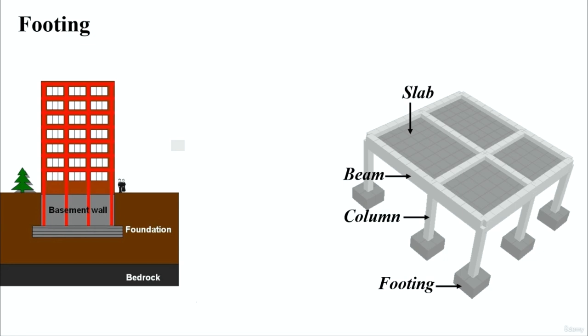Footing is a substructural member. The column transfers the complete superstructural load to the footing. This is the substructure and this is the superstructure. Above ground, whatever the structure is there, that is called superstructure, and below ground, the structure is called substructure. Footing will not be seen since it is located below ground, but it takes all the superstructure load. So it has to be safely designed in order to carry all the superstructure load, and it has to transfer safely to the soil. So that is the main purpose of the footing.